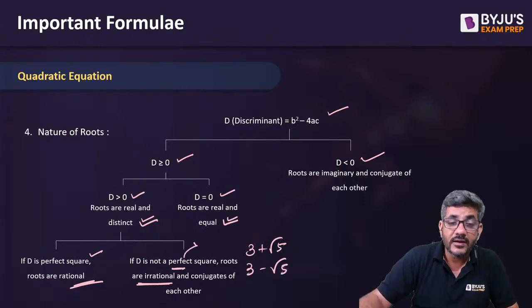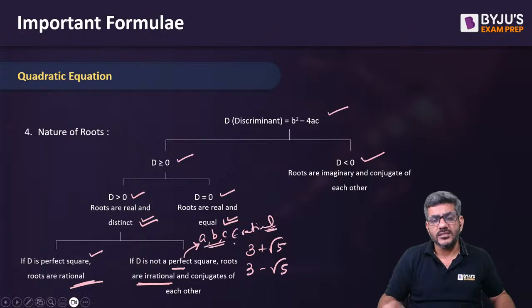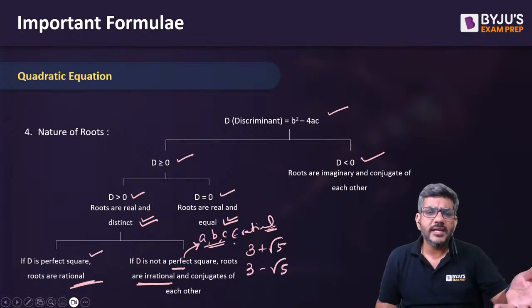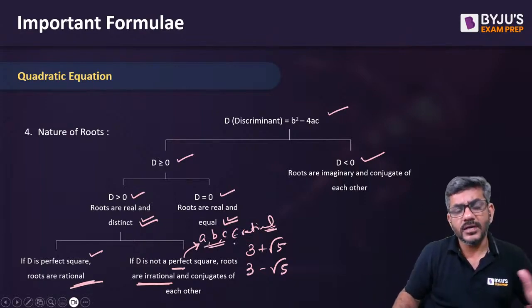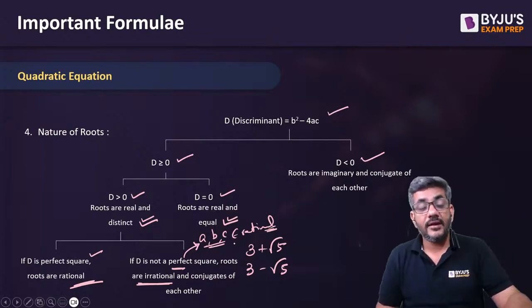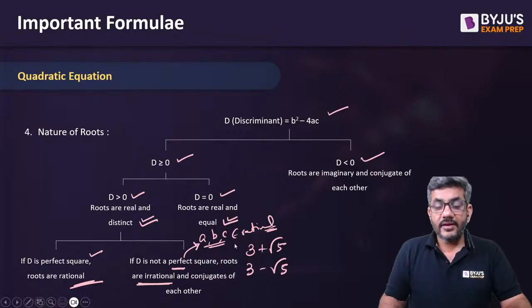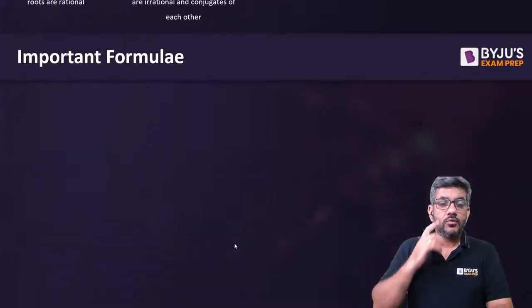लेकिन ये ध्यान रखिएगा, there is a condition for that: a, b and c should be rational. अगर ये rational है तब ऐसे केस में होता है. वैसे तो a और c rational होने चाहिए, b rational ना भी हो तो भी काम चल जाता है, लेकिन हाँ ये खास ध्यान रखना है आपको, they should be rational. In that case you can say so. Okay everyone, that was about quadratic equation.